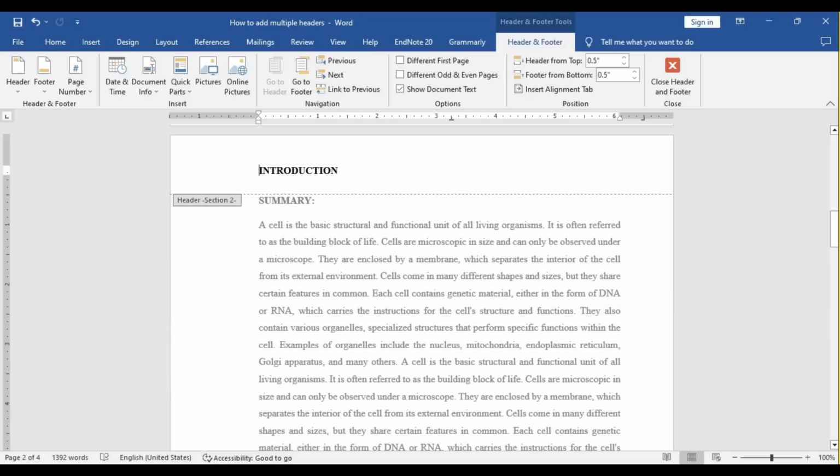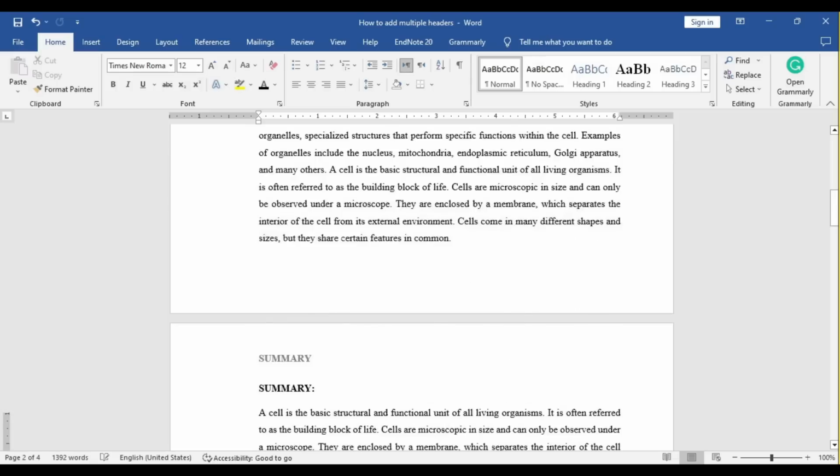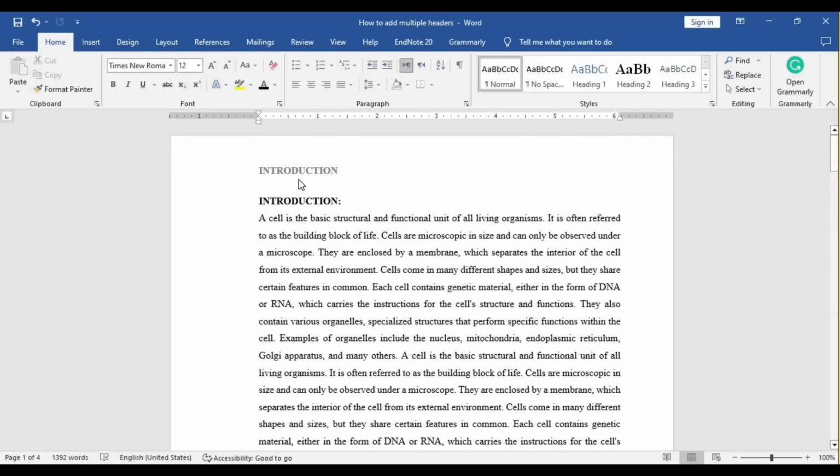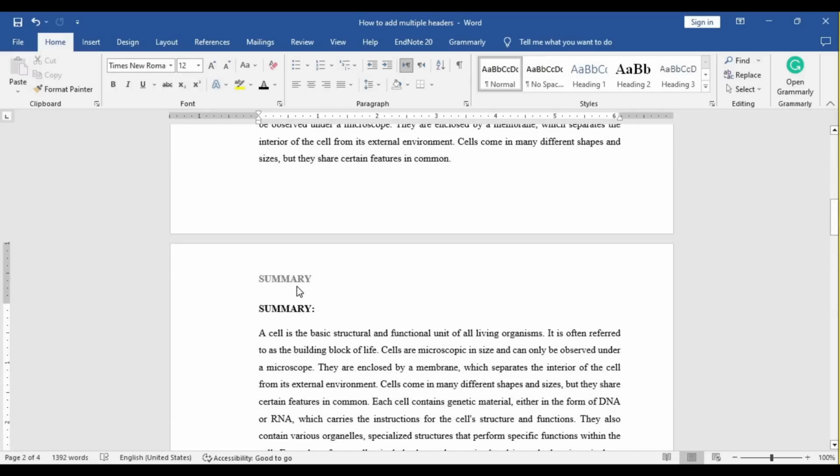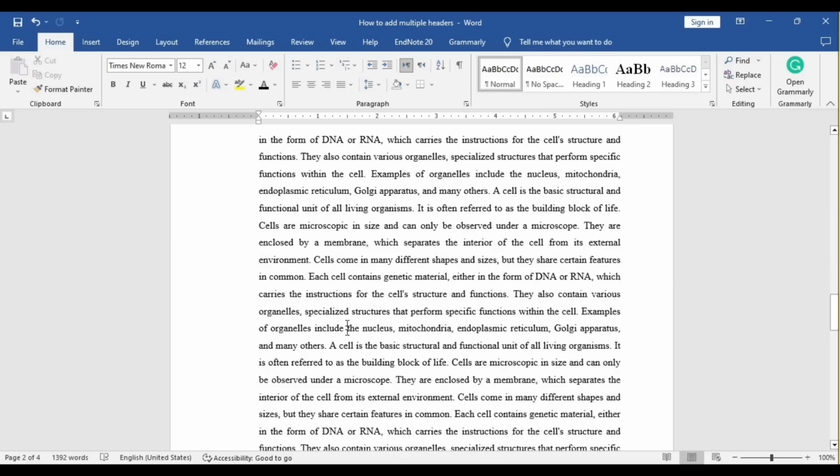By doing this, you are unlinking the header which appears on page number 2 from page number 1. Now you can edit your header as per your needs. So I will be writing it as Summary. Okay, double click here. So here it's Introduction, on page number 2 it's Summary, page number 3 is also Summary,